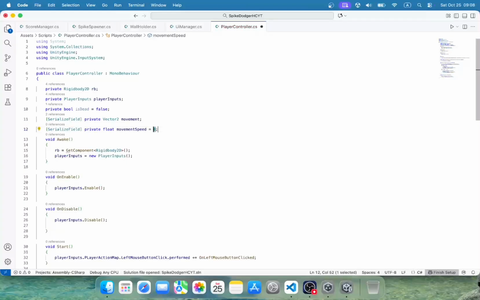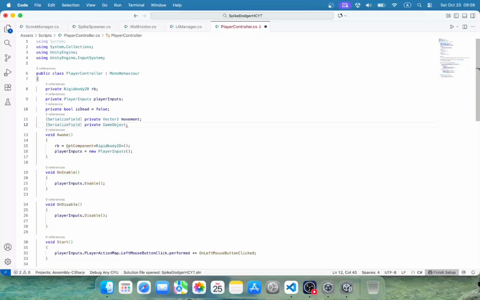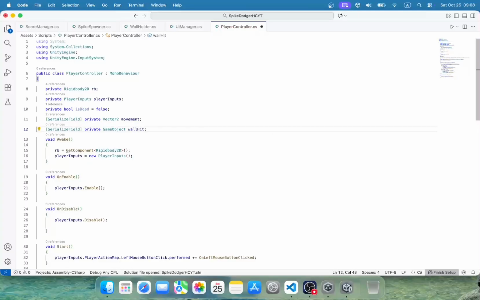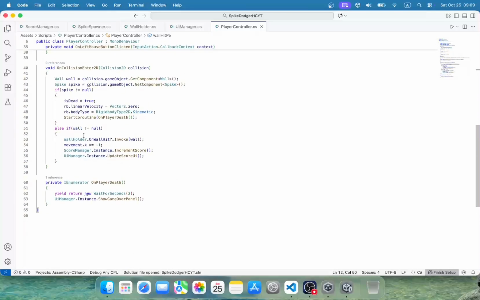This is going to be a private game object, or instead of instantiating a game object, let's do it like this for now. This is going to be my wall hit particle effect, and on wall hit we'll simply say that